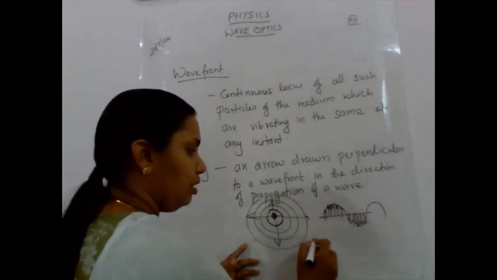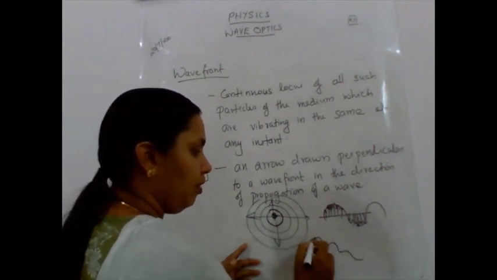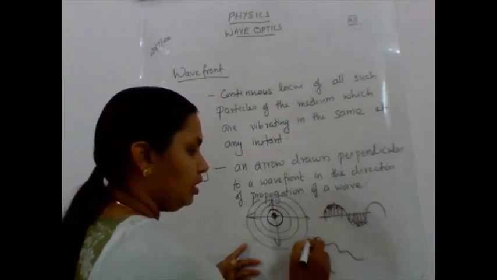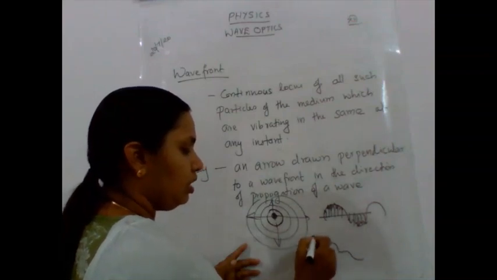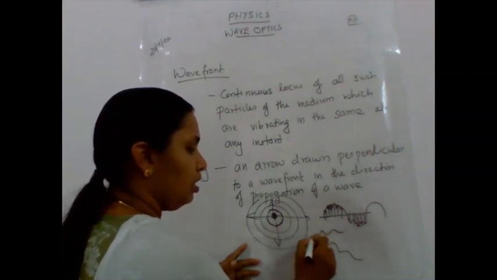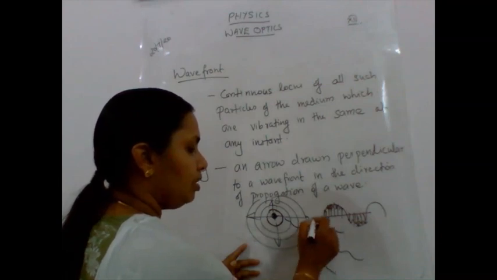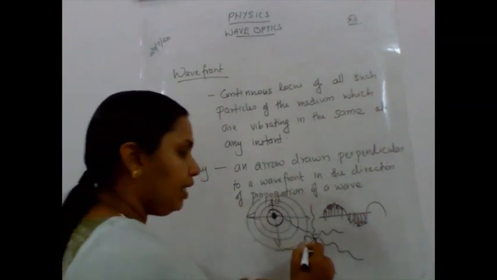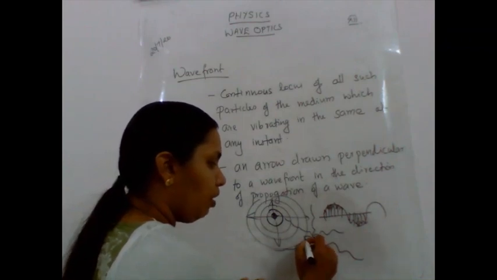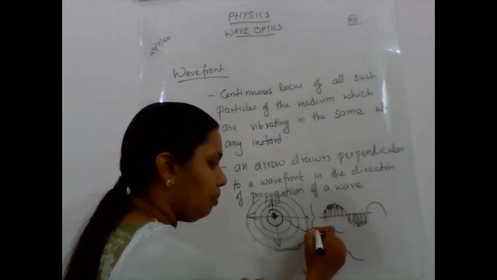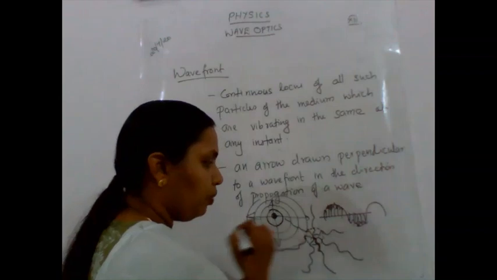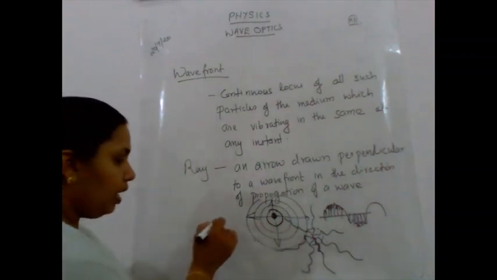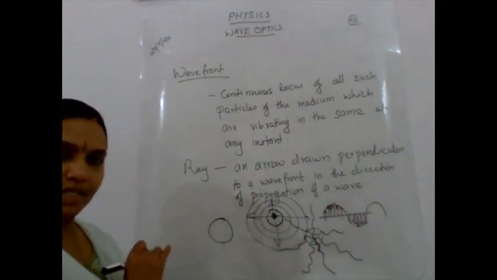So here from this point, here is the wave. Here this is the next disturbance. Like that, all the disturbances are getting spread around the source, isn't it? And here I am joining where all the points are moving, all the particles are moving in the upward direction. So I will get a circle like this.